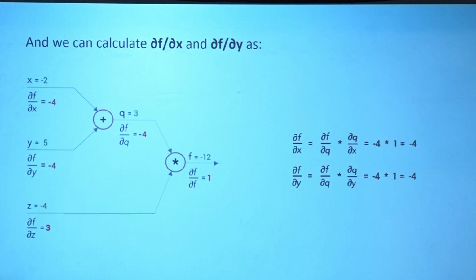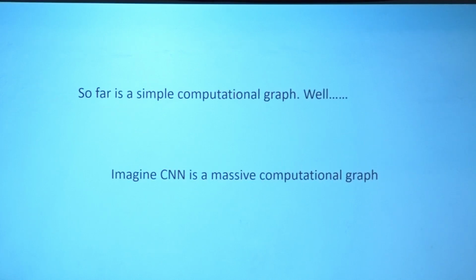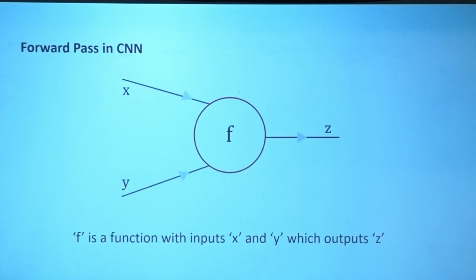Right? So whatever you did is a simple computational graph. Now just think about this CNN. CNN is a massive computational graph. Why am I saying it is a massive computational graph? Obviously, it is a deep neural network. And what is there in the CNN? Convolution operations. So imagine the CNN is a massive computational graph, and while moving on to think about forward and backward propagation on the CNN, let me give an overview of this one.